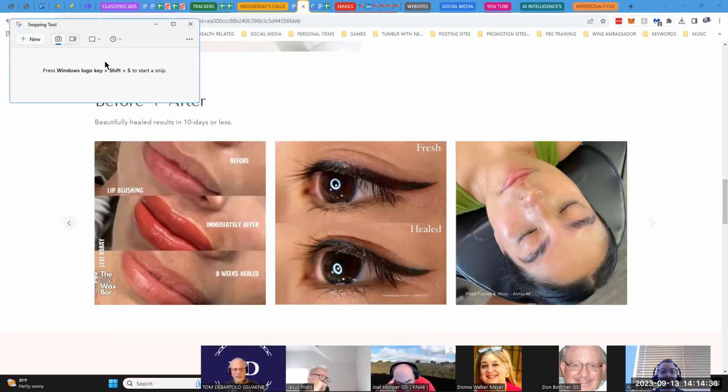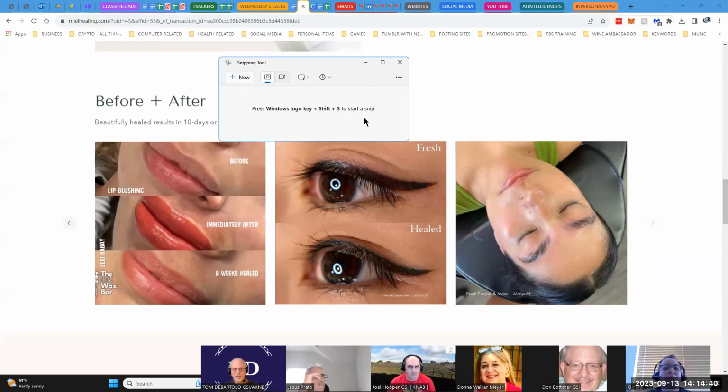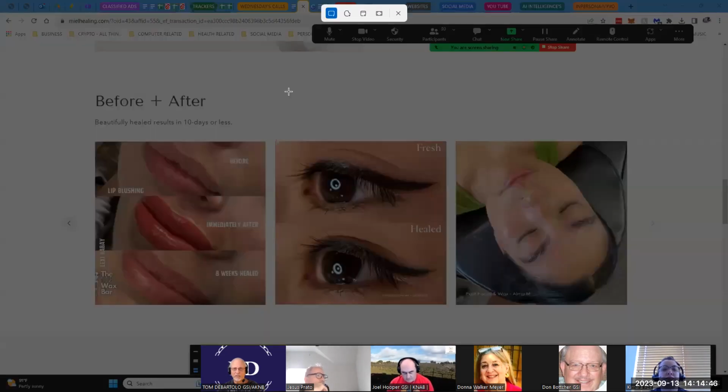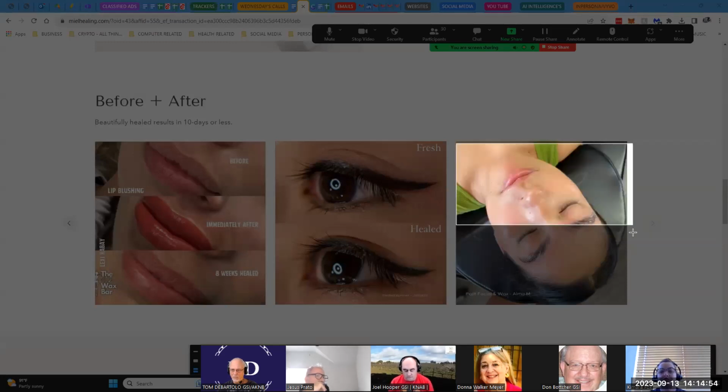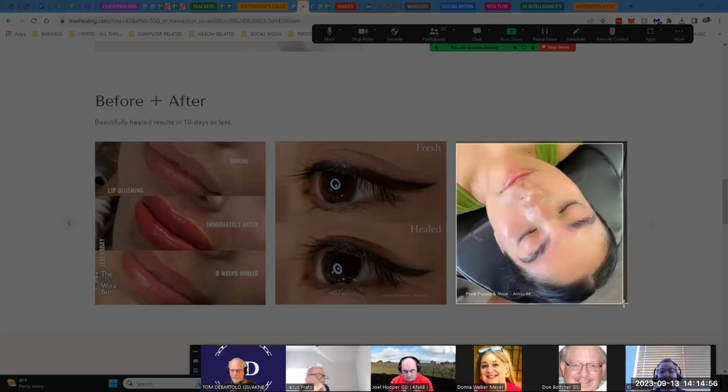And then you see up at the top left, this is the box that comes up. You just click on new, and you see the screen goes dark and you have the cross arrow there. So just highlight whatever you want to copy. See that? If you don't want a lot of information on there, you can cut it off.